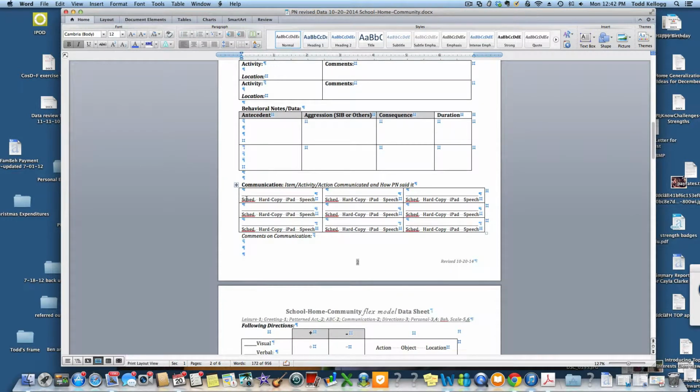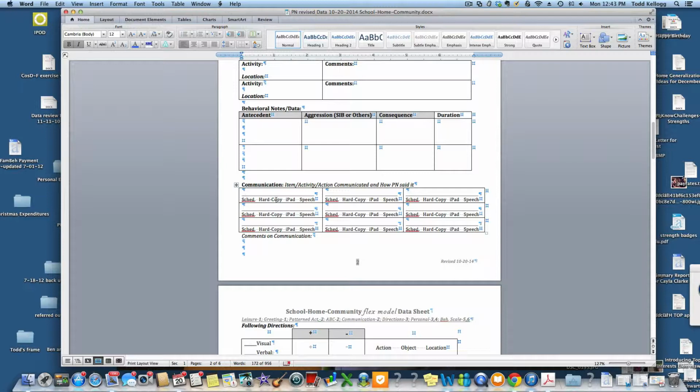Communication, this is when Parker communicates to us that he wants an item, activity, or some kind of action, and how he said it. So if Parker indicated that he wanted to go to the bathroom, we would write down bathroom here. If he pointed to his schedule, if there was a schedule set up with a bathroom already on it, then we would circle that. If it was just a hard copy picture in his folder or somewhere in the bin,